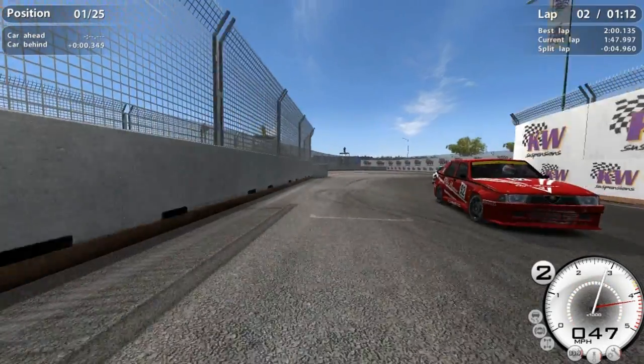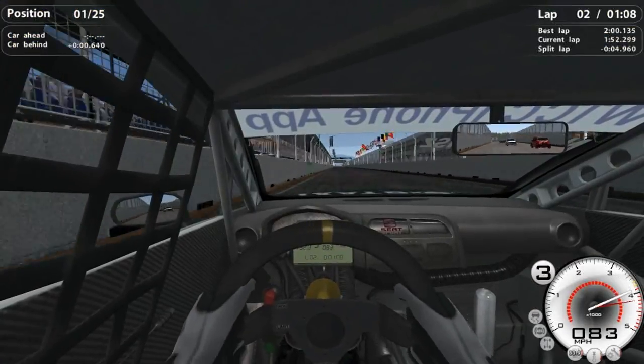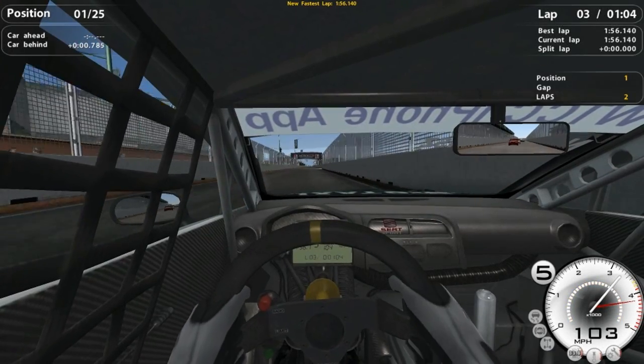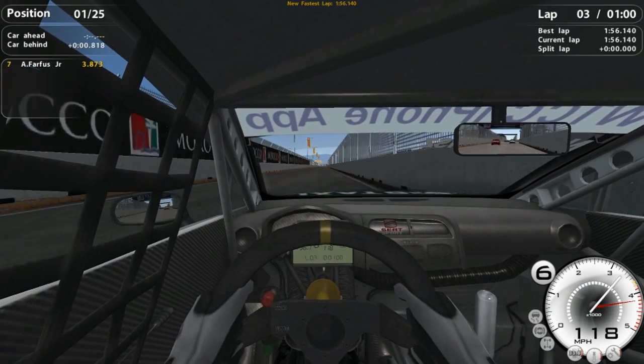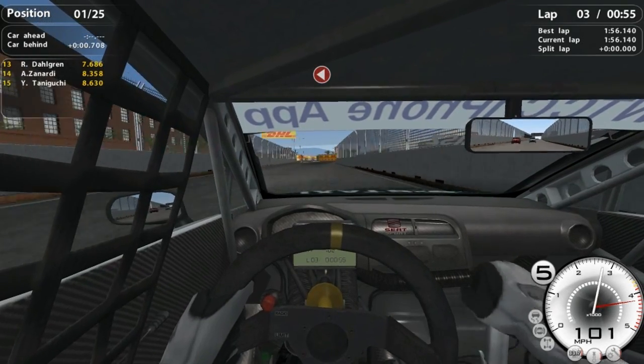Just got to get a good run at this final corner, just about getting a better run at the final corner, cutting across the Alfa Romeo's nose to make sure that he doesn't get the position, because if he gets the position, then he's got a better run down the straight, and it just never goes good for me at that point. So now going down to turn 1, we're going to make sure that we don't lock up too